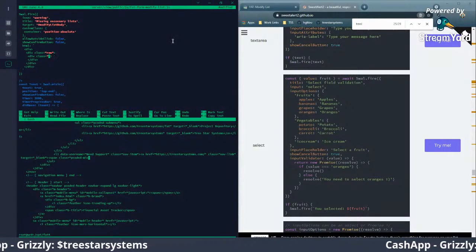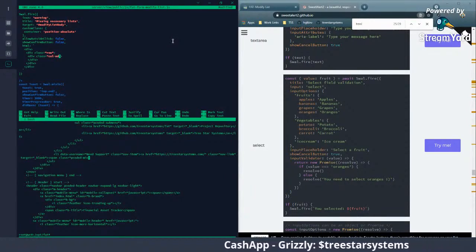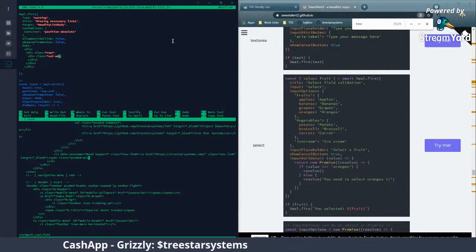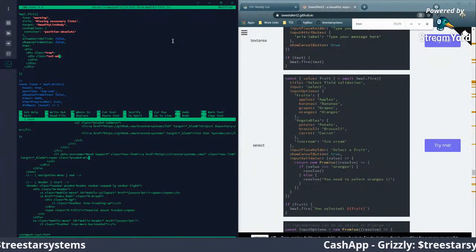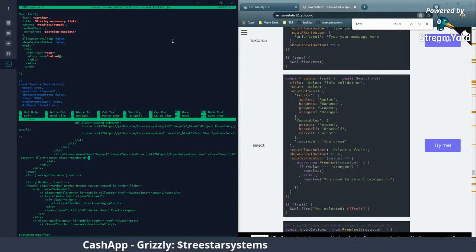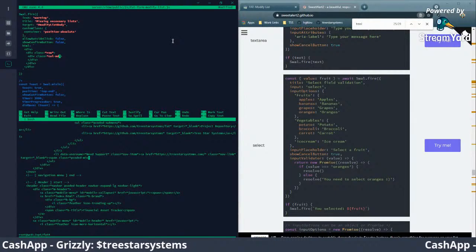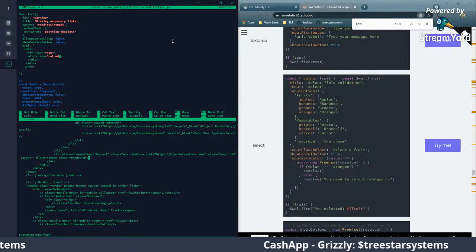In that class, I'll have some columns. So col-md, I always use MD. It's just a force of habit, but you can actually just use col for column, col-md, col-xl, col-xs, and those actually have different sizes. I'm not sure if this is Grid or Flexbox, but Grid or Flexbox allows you